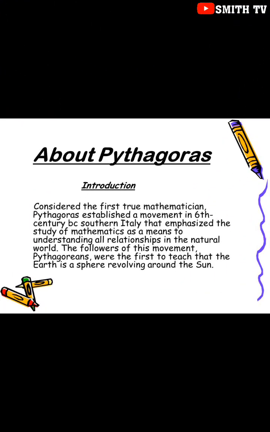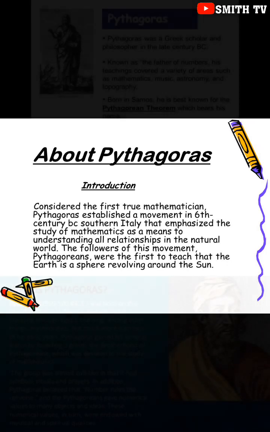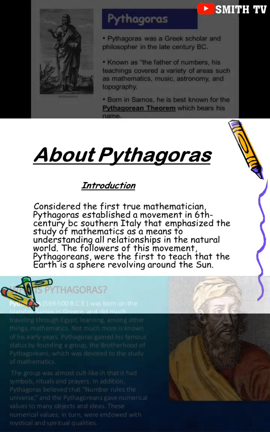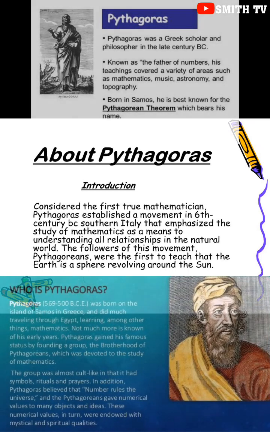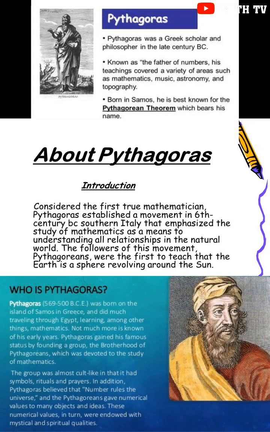About Pythagoras. Pythagoras, 569 to 500 BCE, was born on the island of Samos in Greece. Considered as the first true mathematician, he did much traveling through Egypt, learning, among other things, mathematics. Not much more is known of his early years. Pythagoras gained his famous status by forming a group, the Brotherhood of Pythagoreans, which was devoted to the study of